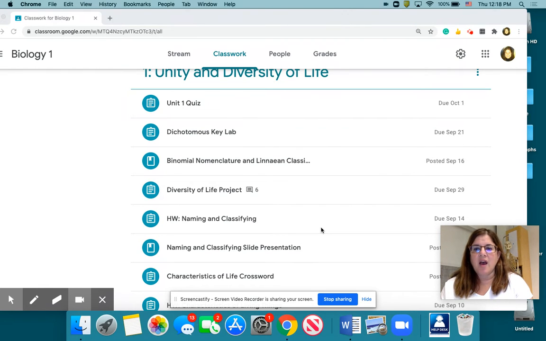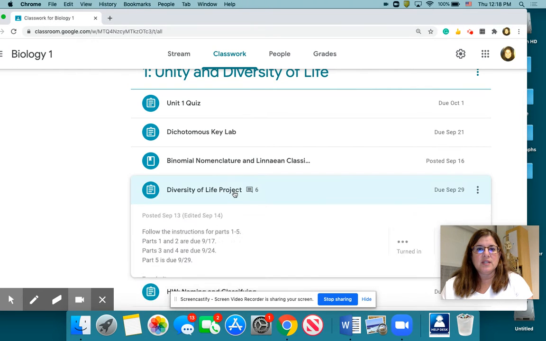in this Hyflex model. It's called the Diversity of Life Project, and we're trying to learn about what makes all organisms similar or unified, and then what differentiates different organisms from one another, and how we classify that. So what students did in this project,